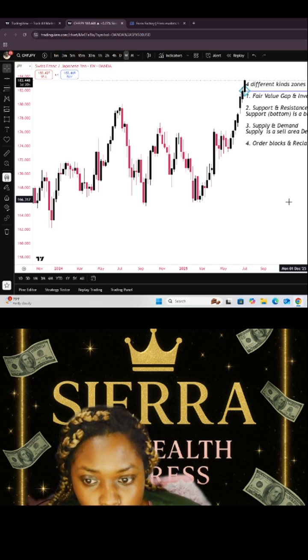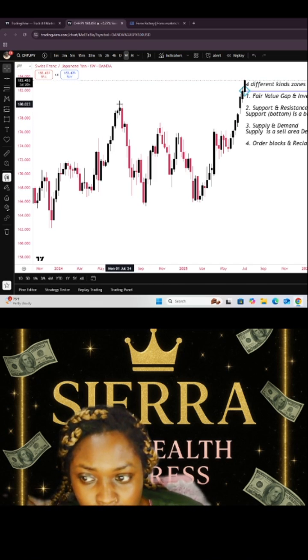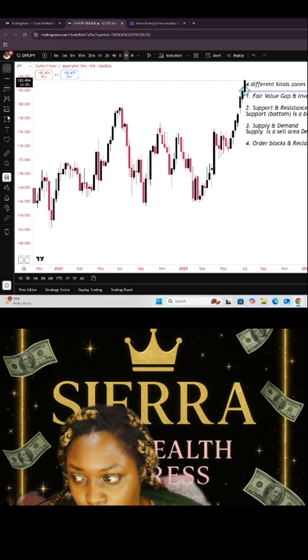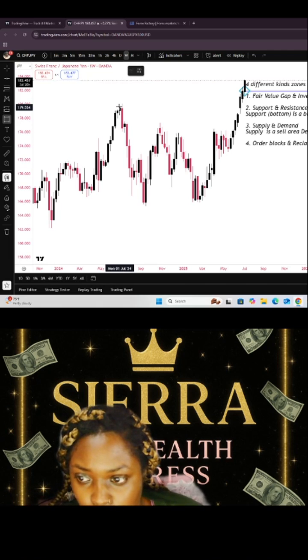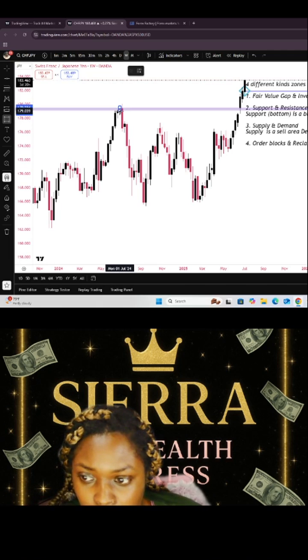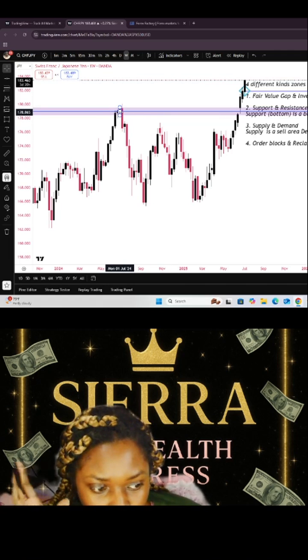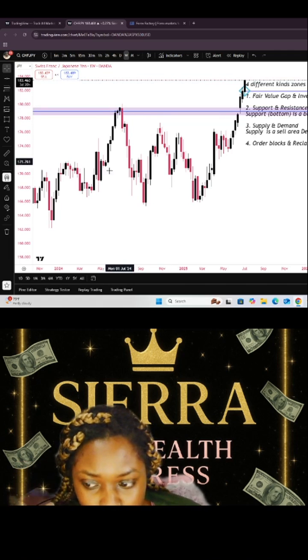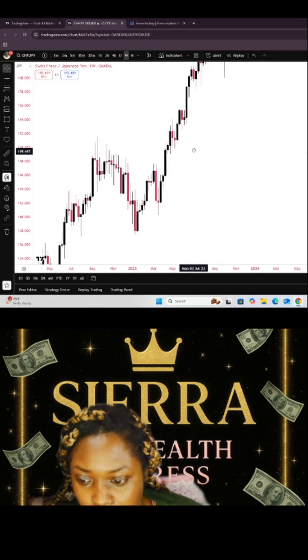What you're looking for is an impulsive move away. So we got this impulsive move away. The order block is the up candle before the down move, okay? The supply area is the up candle before the down move. You'll take that same rectangle tool, you go on the candle and go from the high to the low, and this marks up your order block or your supply area, okay? Your demand area